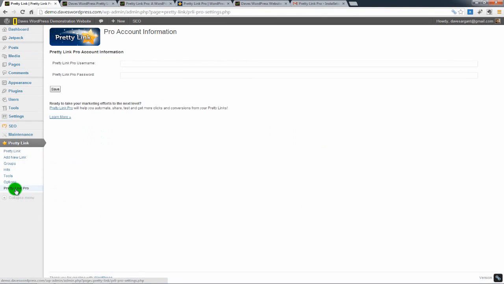And it is this simple. It literally brings you to this screen where you put in your username and your password that you've got after you've signed up for a Pretty Link Pro account over at prettylinkpro.com,